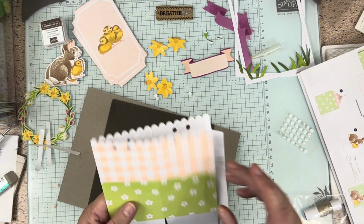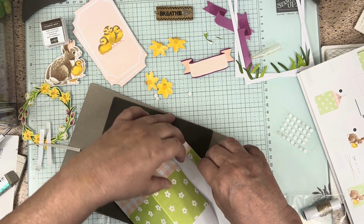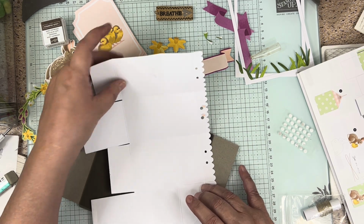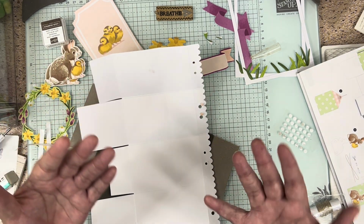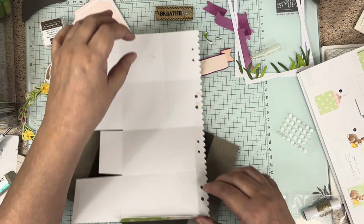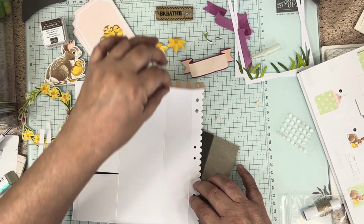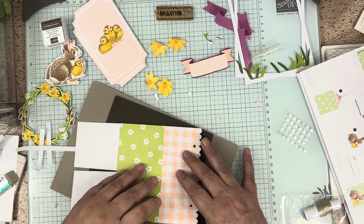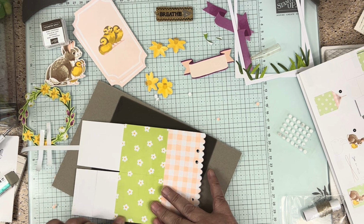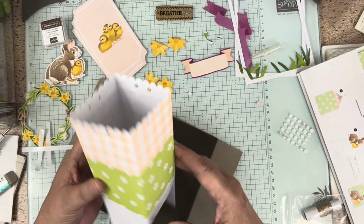So what you're going to do is you're going to take and fold this in half, because it literally is in half. That's where it's coming from. So again, being aware of your hands not having ink on them would be nice. Okay, and it will come right to the edge of your flap. Okay, now we are going to